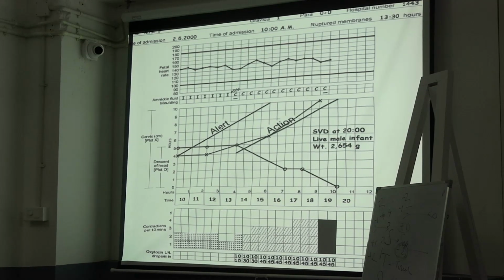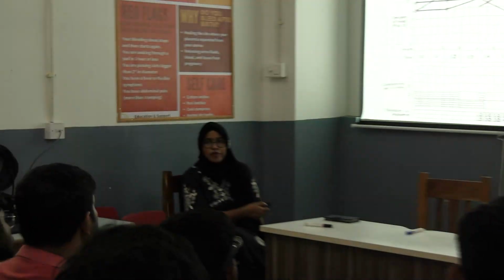You have to do something. Already you have done ARM, you have given oxytocin. Then we can wait for 2 hours. In that case you can wait. Here we have waited for 2 hours. And if fetal heart sound is good, we can wait for a further 2 hours. Even after crossing the action line, if everything is good, mainly the fetal heart sound and mother are good, then we can wait and watch, for 1 or 2 more hours.